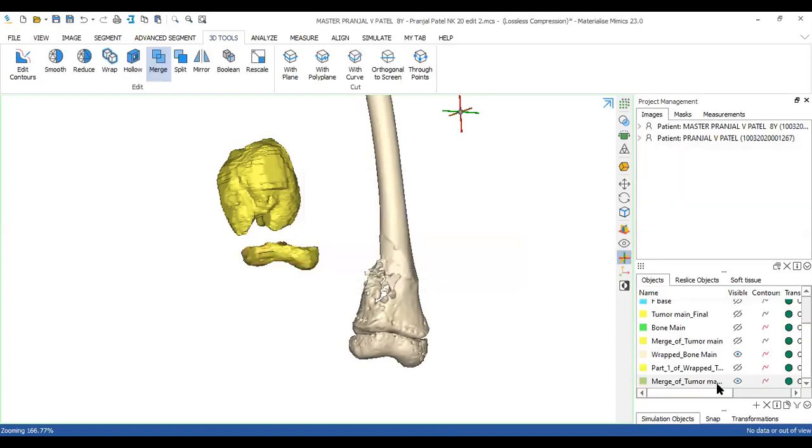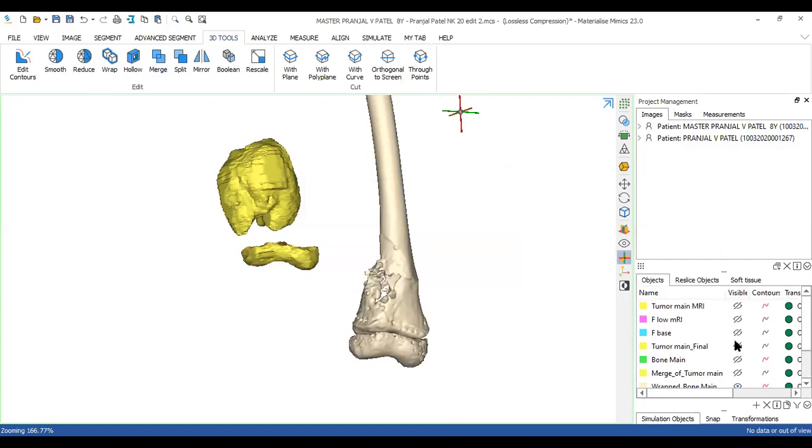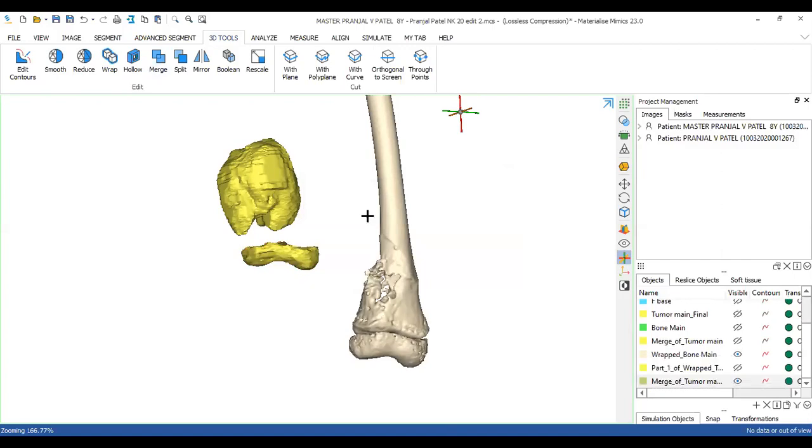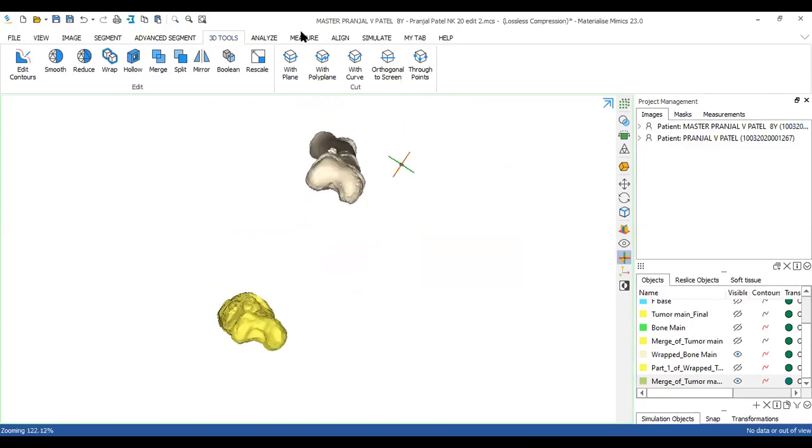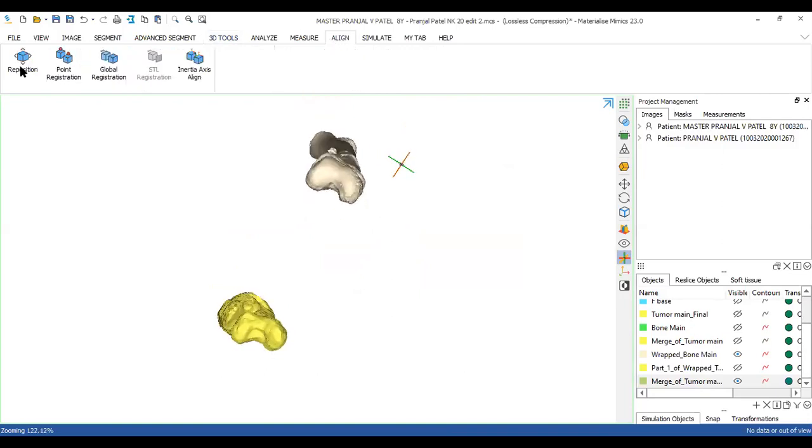So now a merge of tumor main is created, right? Now what I did is then, similar to an alignment, I will go to align. I'll do reposition and point